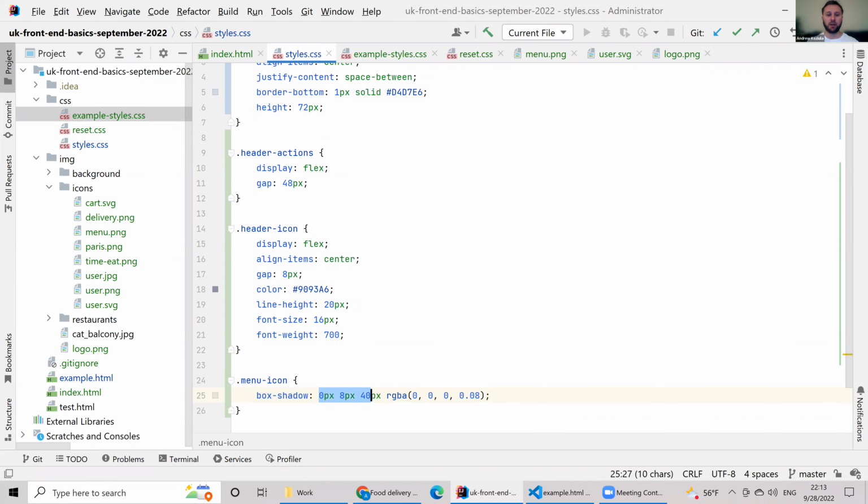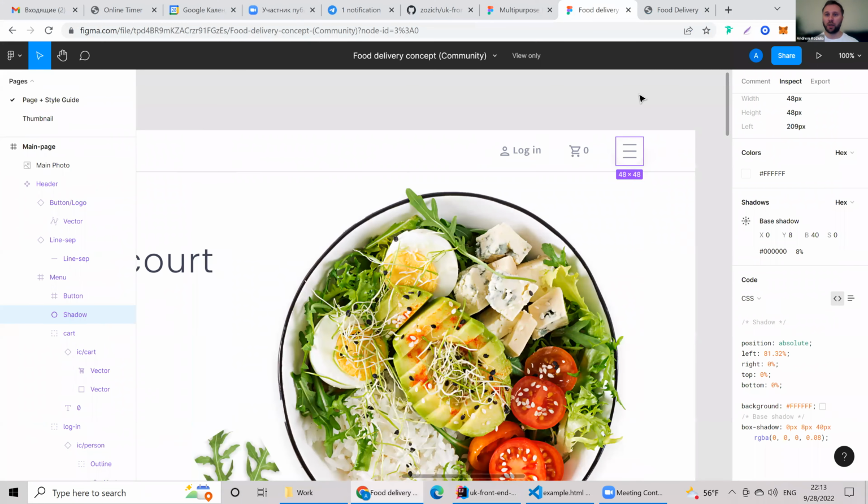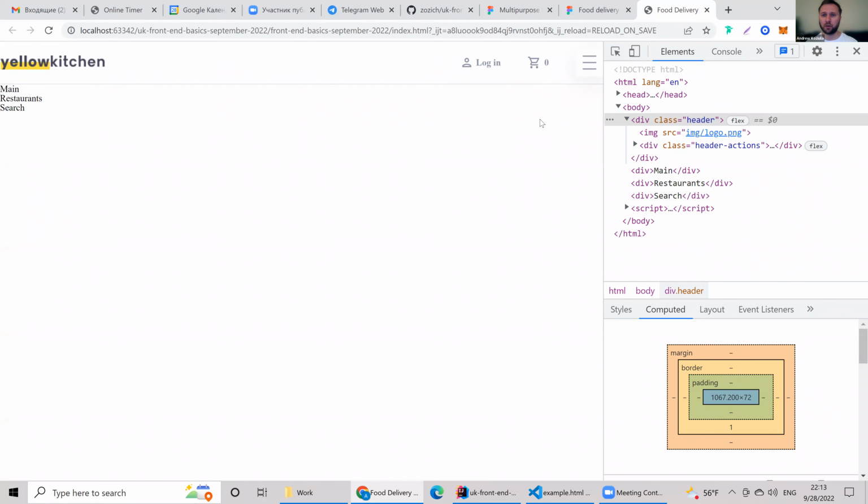These three values define where your shadow should be on the right, on the left, on the top, bottom, how far it should spread from the element, and basically what should be the color of the shadow. And let's check our website. Okay, now we can see that shadow is applied, but the icon itself was exported incorrectly. It was exported not as a round icon, but as a rectangular icon. We can actually fix that by code. There is a separate property called